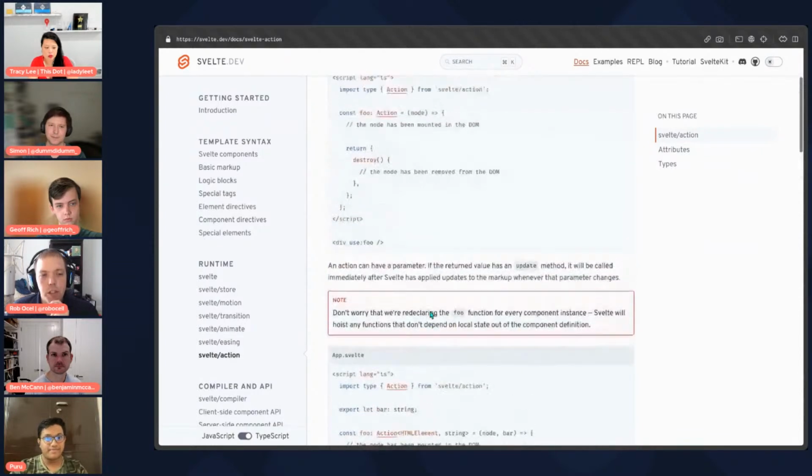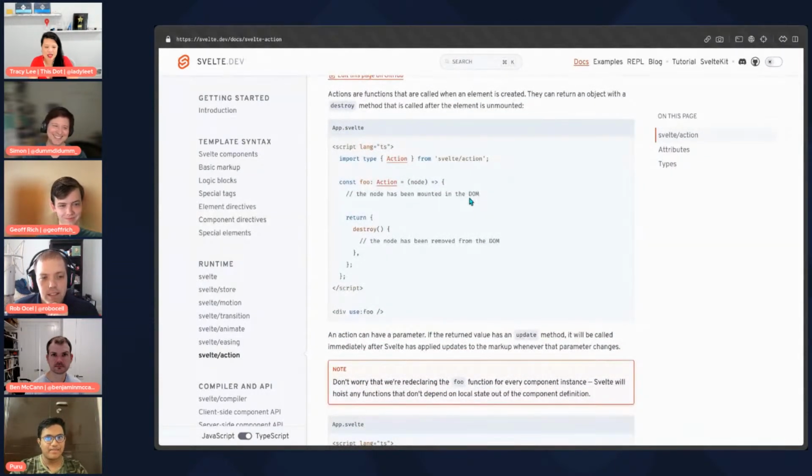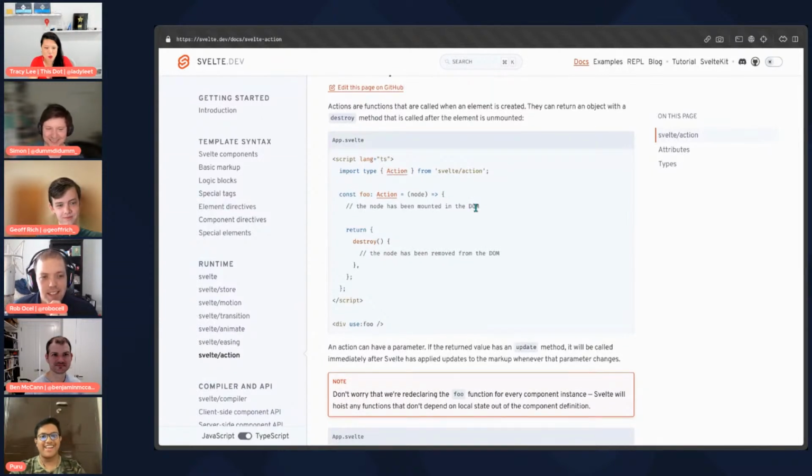I wish it was that easy for our old code bases. I'm sorry? I said I wish it was that easy for our old code bases that we all work on.